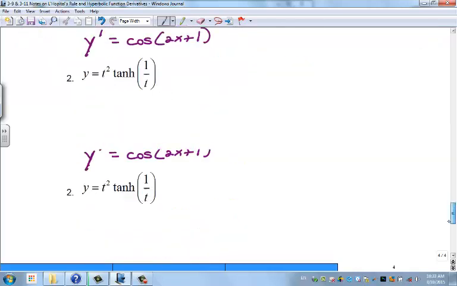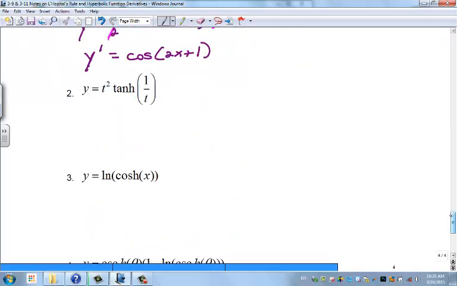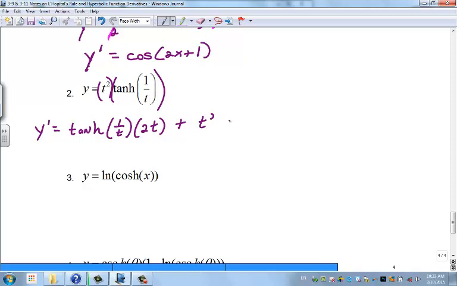Whoa. I've had all sorts of technical difficulties today. y equals t squared tanh of 1/t. Now, the thing that should pop out at you here is you're going to have to do a product rule, but other than that, it's not really any different. So let's just do our product rule. y prime equals second function, tanh of 1/t, times the derivative of the first function, which is 2t, plus the first function, t squared, times the derivative of the second function,